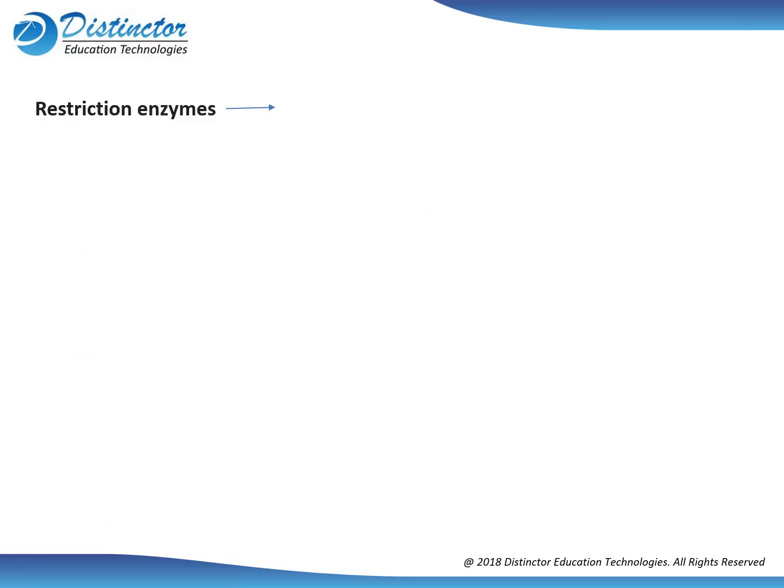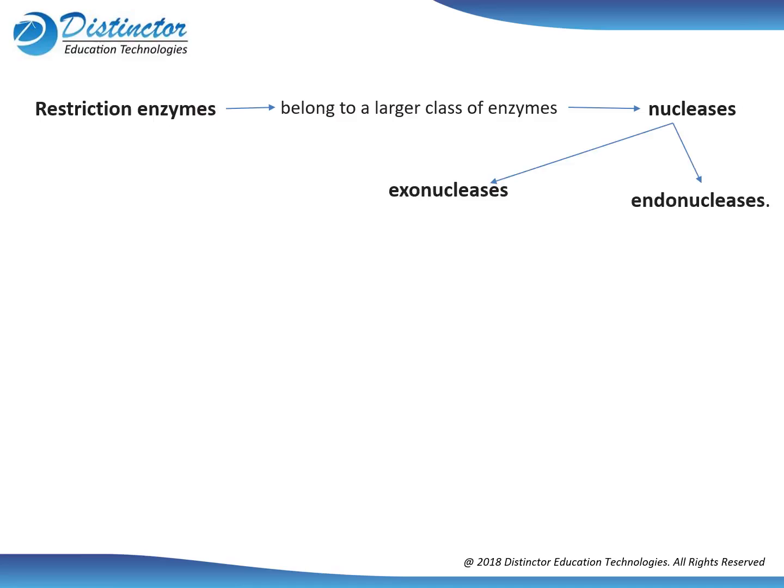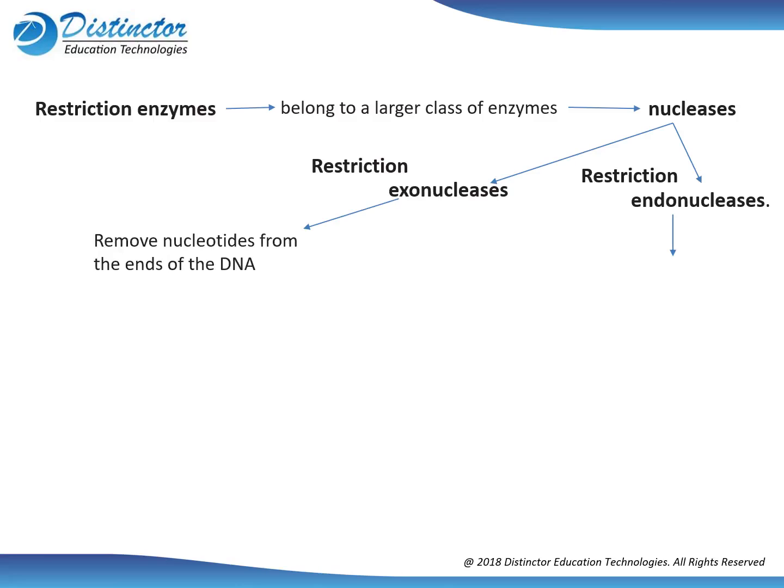Now this restriction enzyme belongs to a larger class of enzymes called nucleases. Each enzyme belongs to a class. So the restriction enzyme belongs to the class called nucleases. They are divided into two: one is the exonucleases, another one is the endonucleases. These two enzymes have a restriction property, that is, they recognize a particular sequence. The restriction exonucleases remove nucleotides from the ends of a DNA,